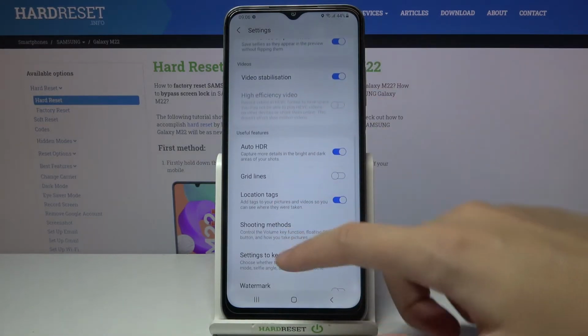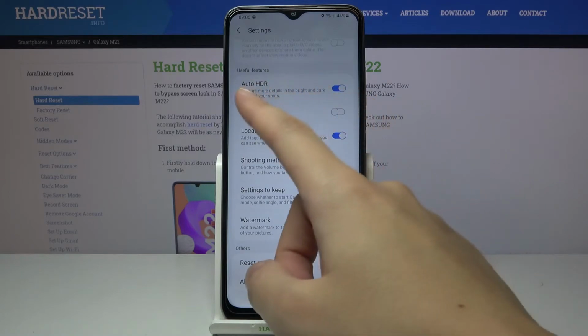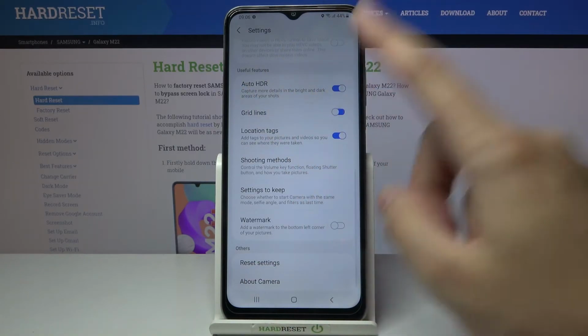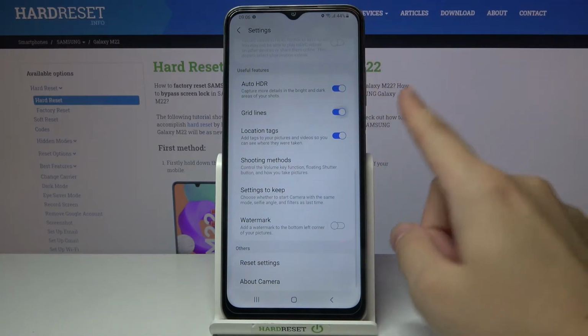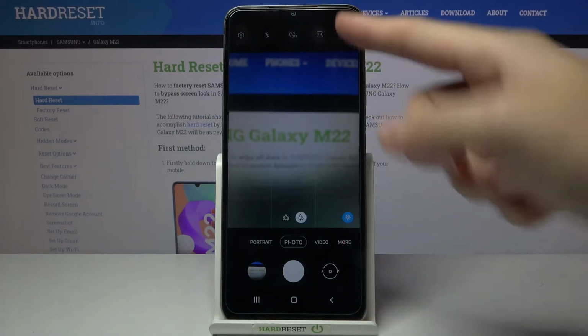Now let's slide a little bit down to the useful features category, and here in the second place we have the grid lines option. So by using the button on the right we can easily turn them on and turn them off as we need. Now let me keep them turned on, and when we go back to the camera we can now see these